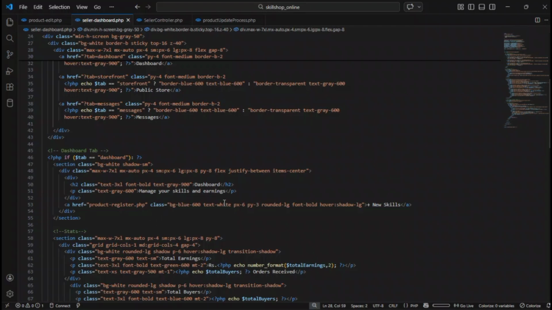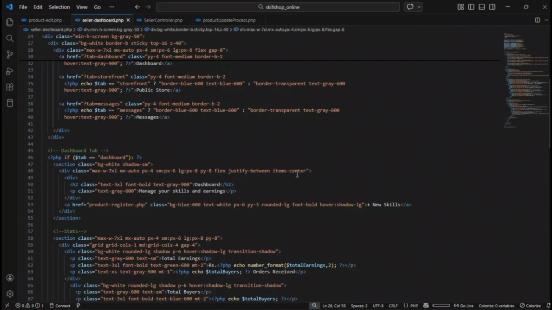So first I have background white, shadow small, and inside that section I have added a div with class max-w-7xl, margin horizontally auto, and then padding horizontally 4, for small devices 6 and large devices 8, and then padding vertically 8, then flex, justify-between